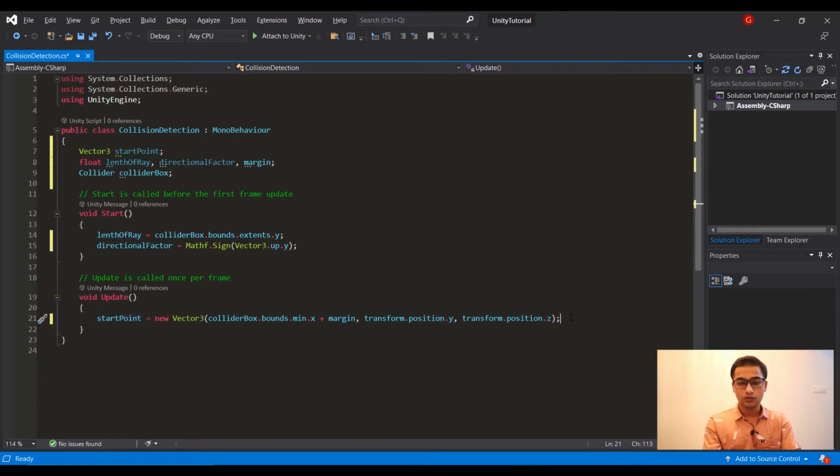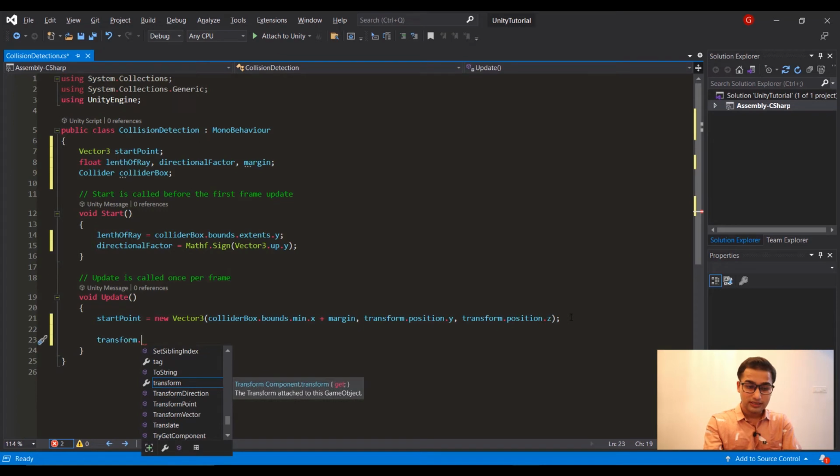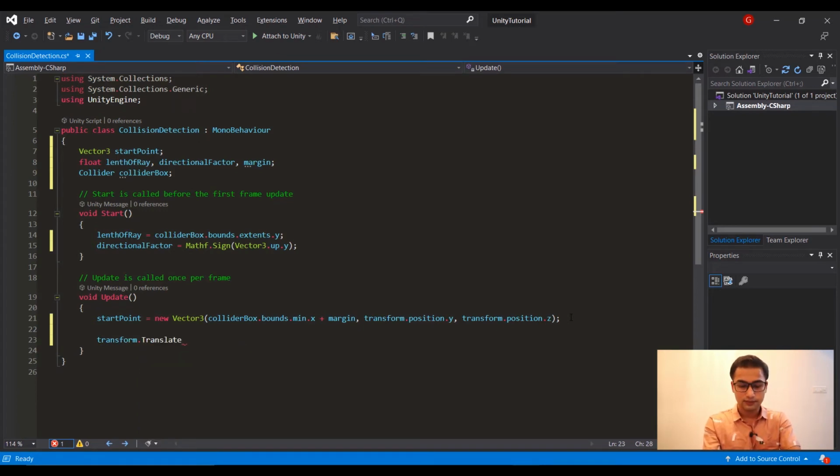Now what we are going to do is translate this game object by writing simply transform dot translate, and it will translate in the up direction. So we're gonna write Vector3 dot up, and this will be multiplied by a speed.